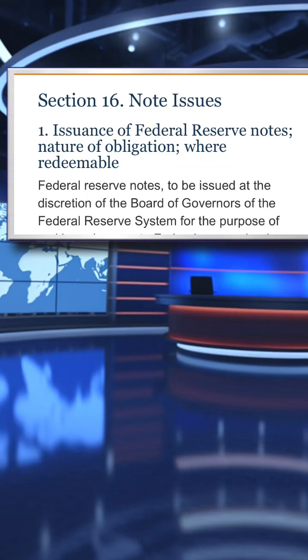The collateral security thus offered shall be notes, drafts, bills of exchange, or acceptances acquired under Section 10A, 10B, 13, or 13A of this Act, or bills of exchange endorsed by a member bank of any Federal Reserve district and purchased under the provisions of Section 14 of this Act, or bankers' acceptances purchased under the provisions of said Section 14, or gold certificates, or special drawing right certificates, or any other obligations which are direct obligations of, or are fully guaranteed as to principal and interest by, the United States or